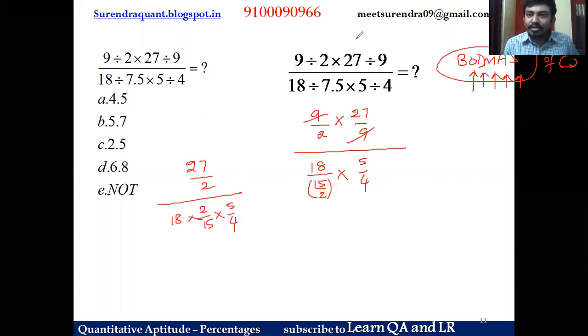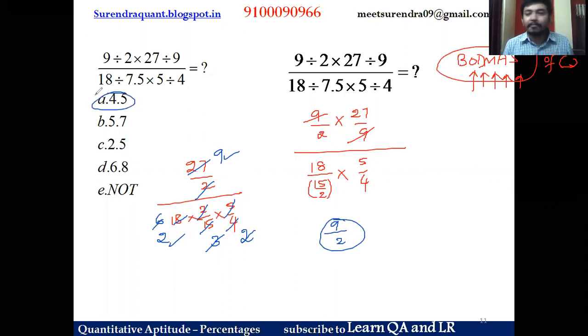So now let's talk about this division. 2 goes 2 times, 5 goes 3 times, 3 goes 6 times, right? So 3 goes 9 times, 3 goes 2 times, and this 2 gets cancelled. There are both like terms, right? I can say 9 by 2 is the final version. This is 9 and this is 2. So 9 by 2 is nothing but 4.5, and that is option A.